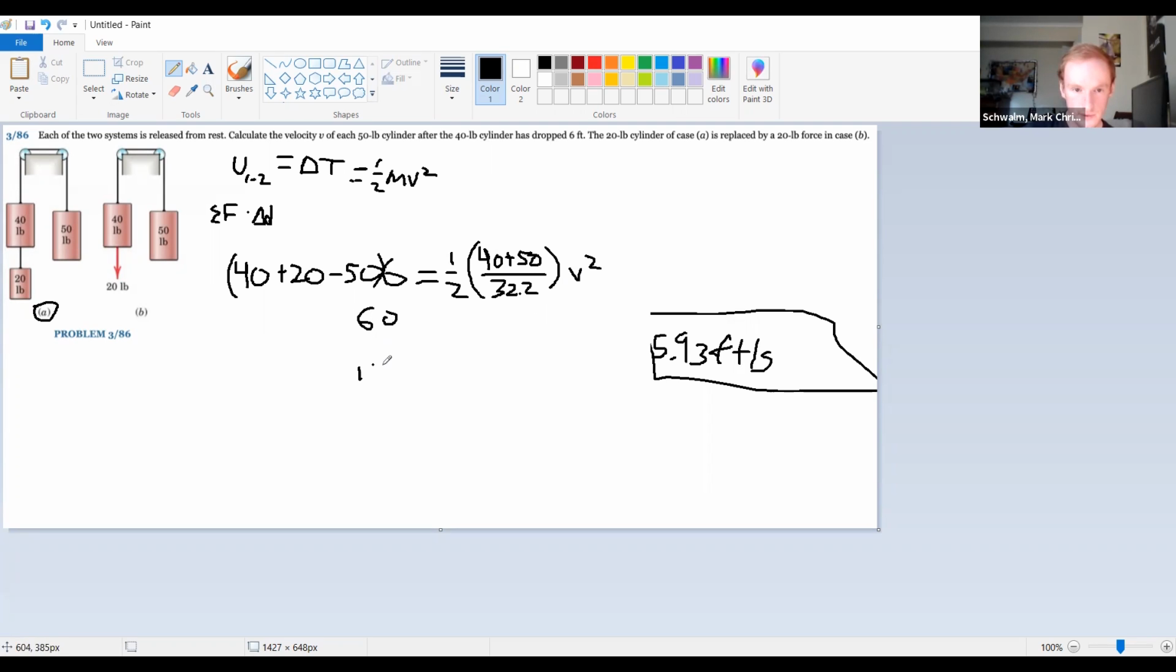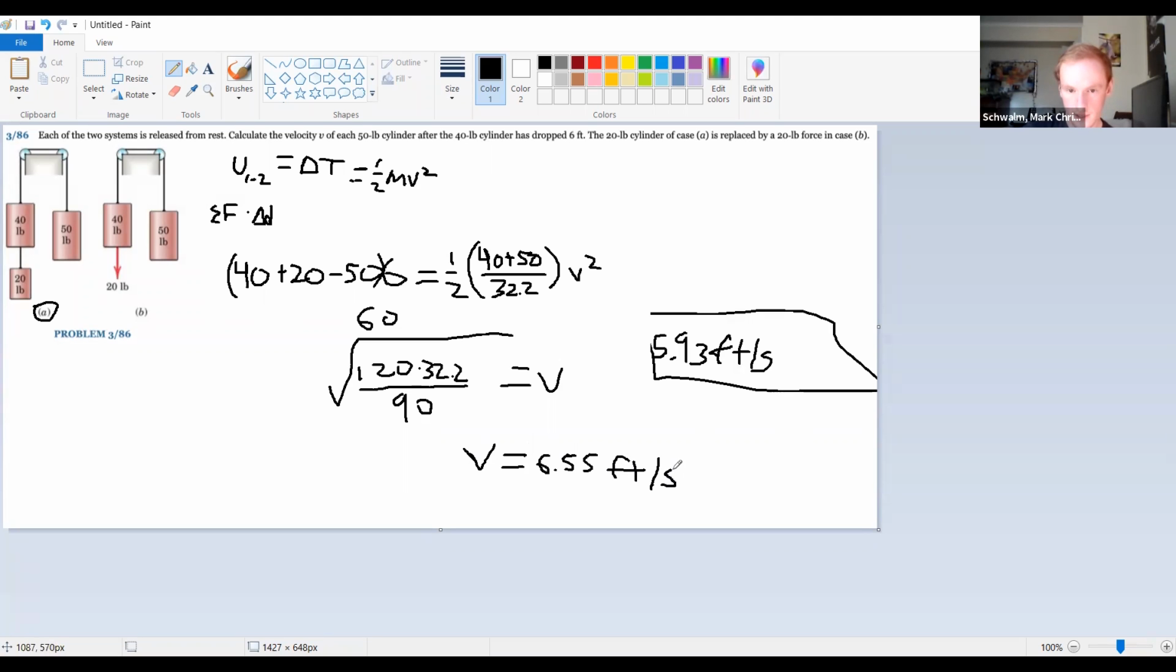So we have 120 times 32.2 divided by, and this time instead of 110 it's going to be 90. All of that in a square root equals v, and then we get a v of 6.55 feet